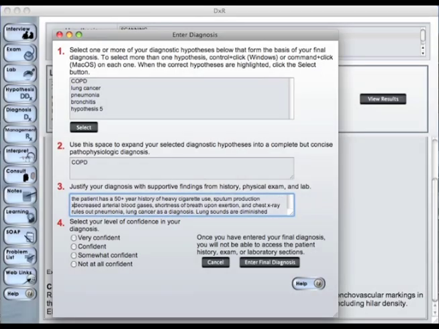In the third field, list the data from the patient history, physical exam, and lab findings that support your final diagnosis. In the fourth section of the diagnosis window, select a rating that best describes your level of confidence in your diagnosis. Click Enter Final Diagnosis when you are done. Once you enter a final diagnosis, you will no longer have access to the interview, exam, or lab sections of